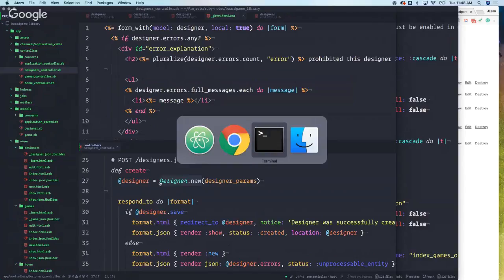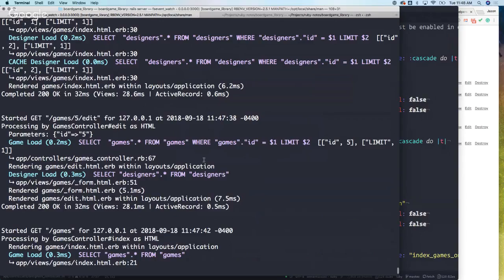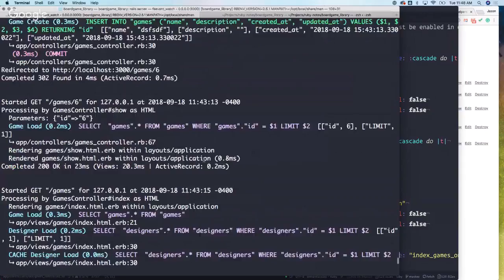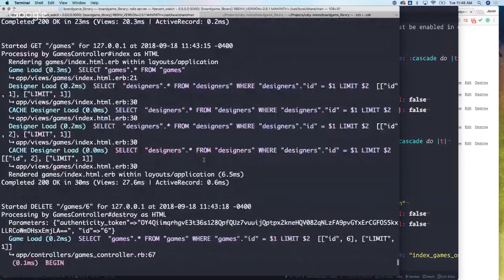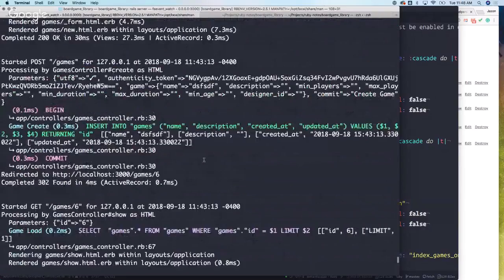In fact, we can go look at these logs. This has been running the whole time I've been navigating around in the app. Let's see. Here we go. We did a post to /games. Here's the parameters that came in. There's the params, the game right there. These were the params that we sent in. That's what I typed into the form, right there. So that hash right there,